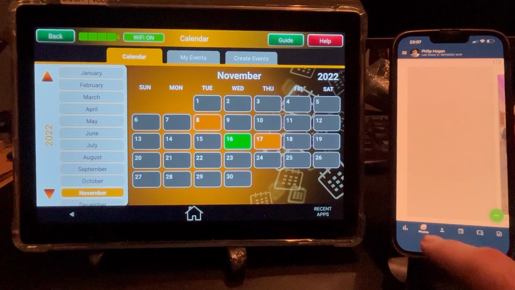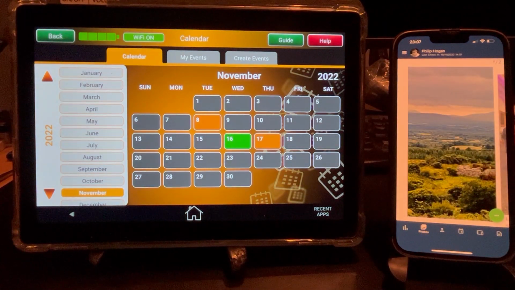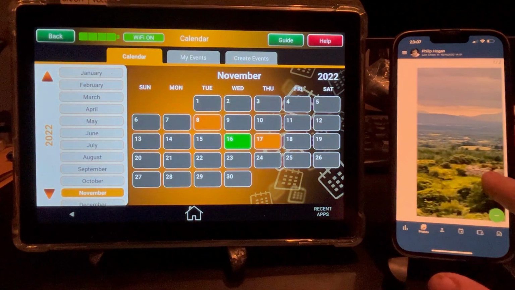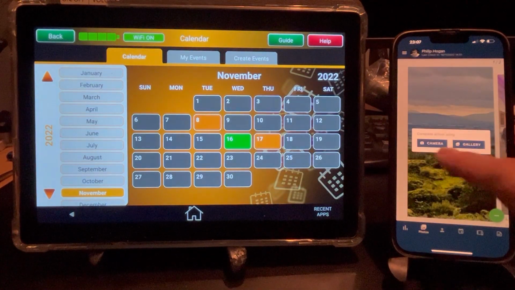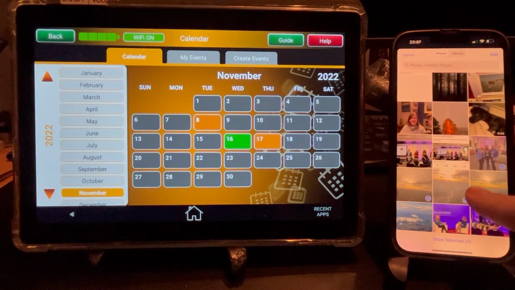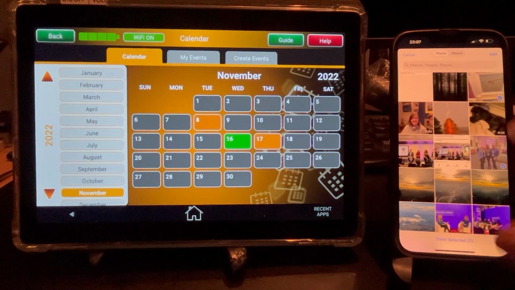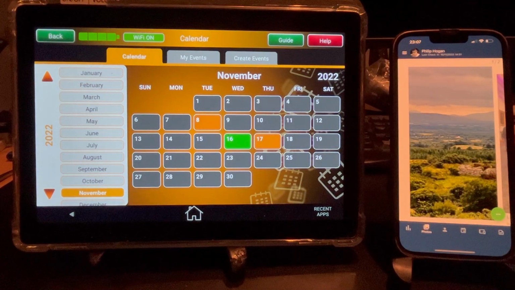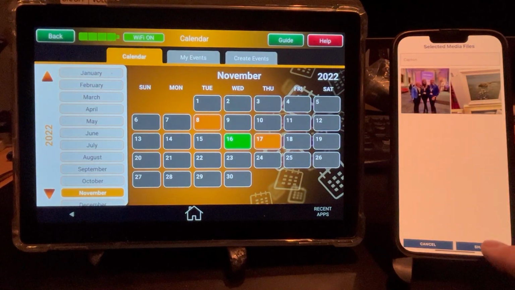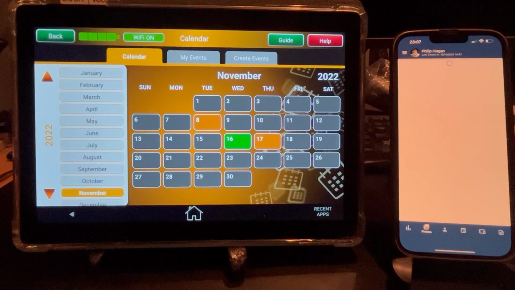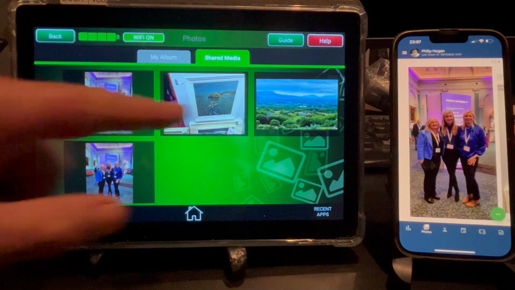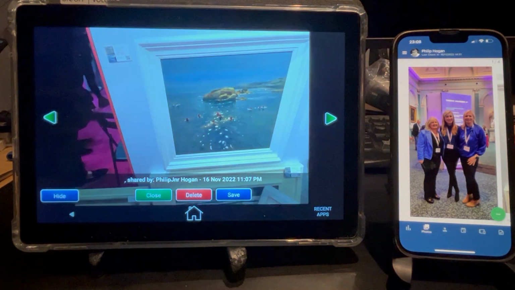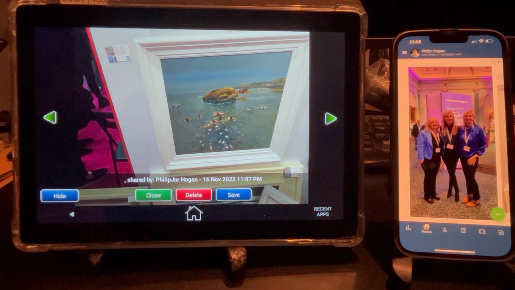If we go to the next button, we are introduced to the opportunity to share video. In this case, we have two images already in place, but we could add from the gallery and choose a picture. So pick this particular picture and add it. And then that picture is now available, or will be made available, to the user, and we see it come in like this. And when we open this, we get access to that image,